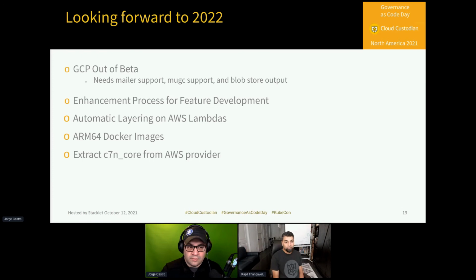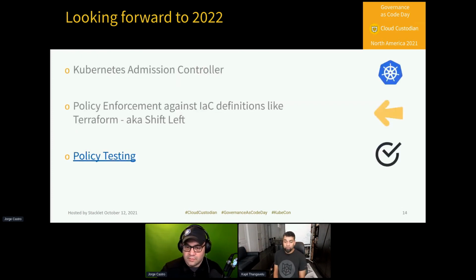Moving on. If we look at some of our big ticket items, Custodian has Kubernetes support today, but it's really pull-based, and that's not really sufficient for what we consider to be our gold standard, which is being able to do real-time enforcement around the different provider capabilities and policy enforcement. So we're looking at adding a Kubernetes admission controller, which will be able to, at runtime, pre-deployment of a resource, validate that those resources are compliant with the organization policy.